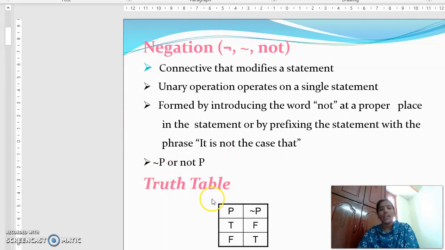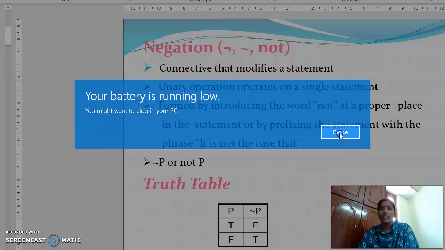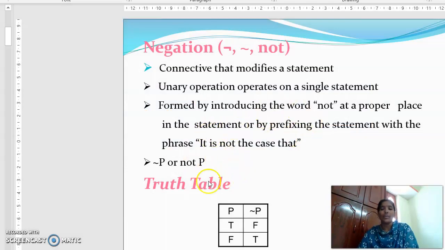Okay, so coming to the truth table for negation, a truth table is nothing but representing the truth values of the given statements or a given statement formula. So what is a statement formula? We will discuss it one by one in the next PPT. So first we will see the connectives. The first connective is negation. Negation is nothing but simply writing the opposite, the not word, of the given statement. So here you see the truth table of the negation statement. First, P has one truth value, true, and for example, today is Sunday.